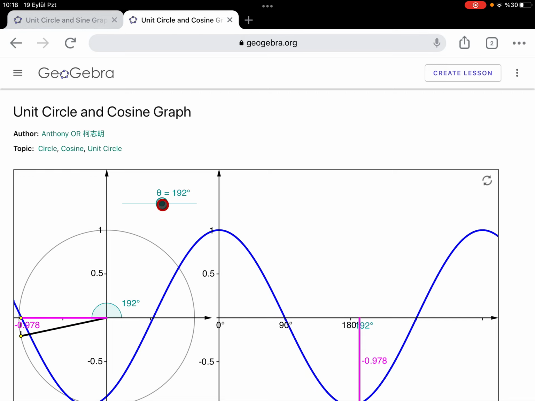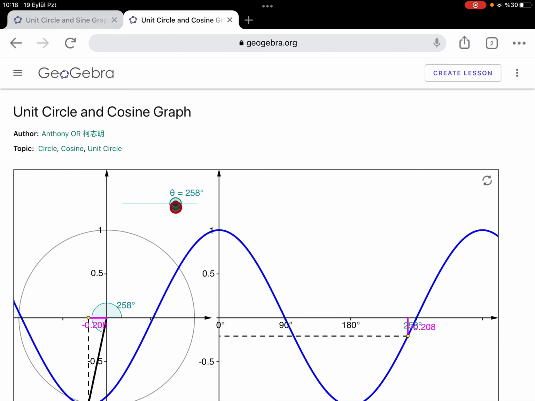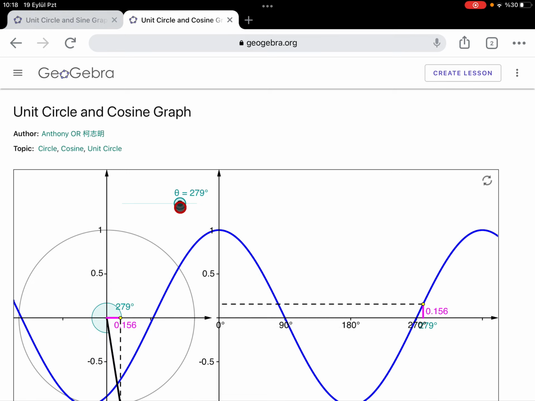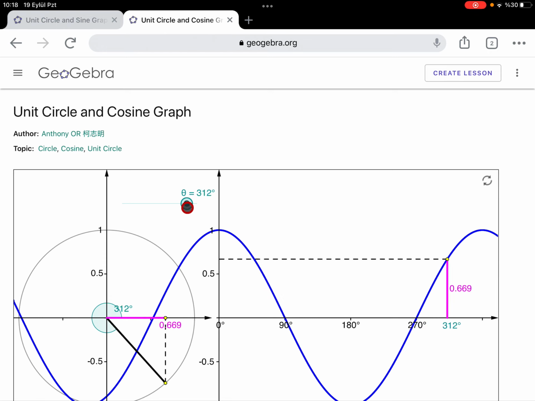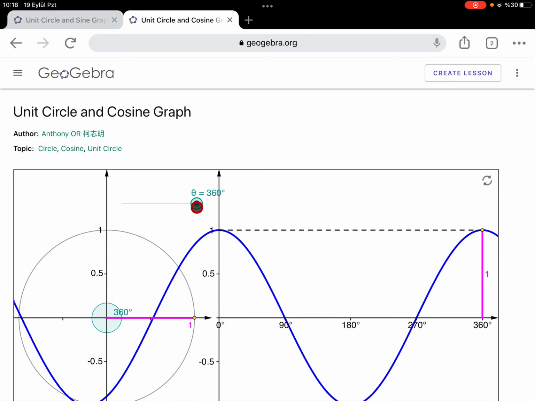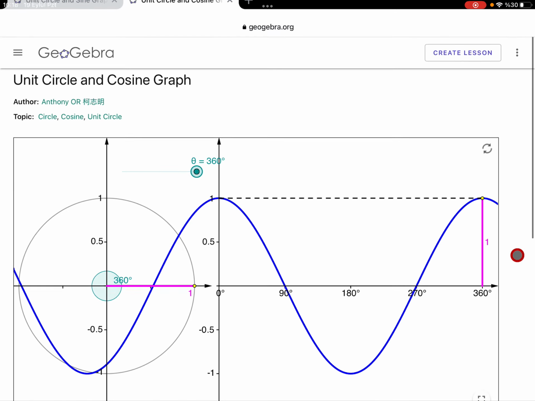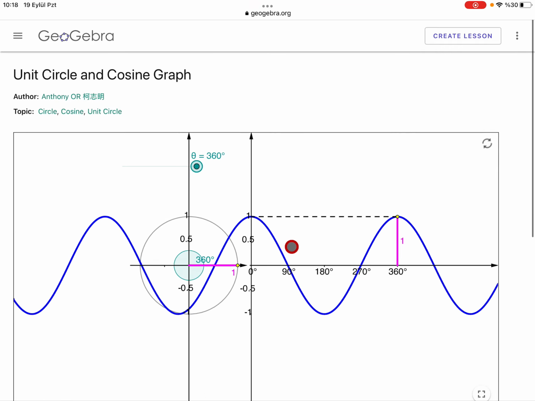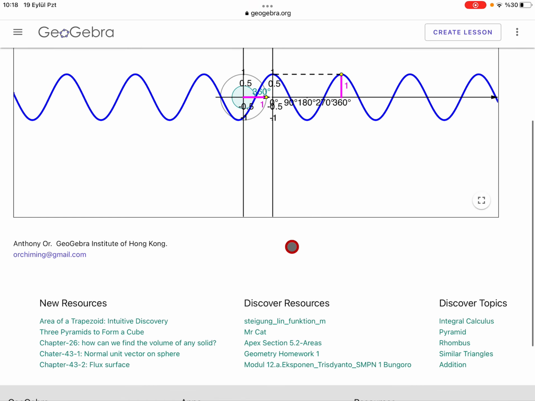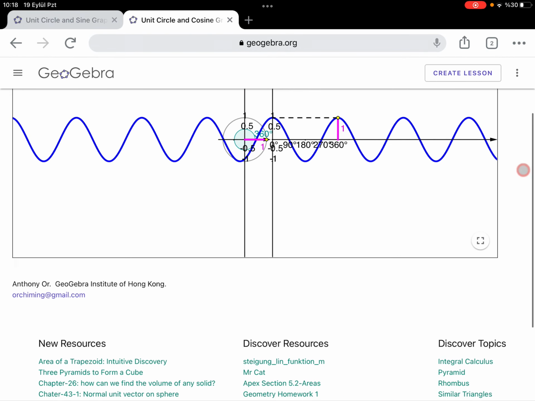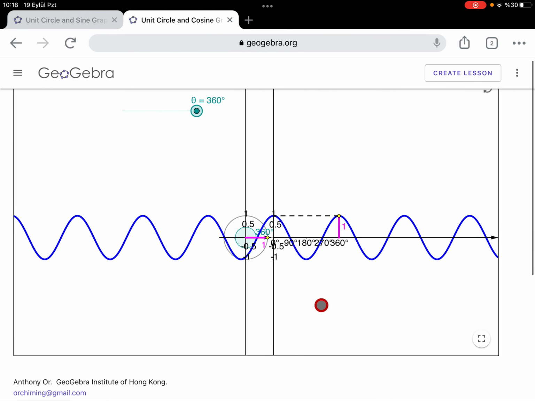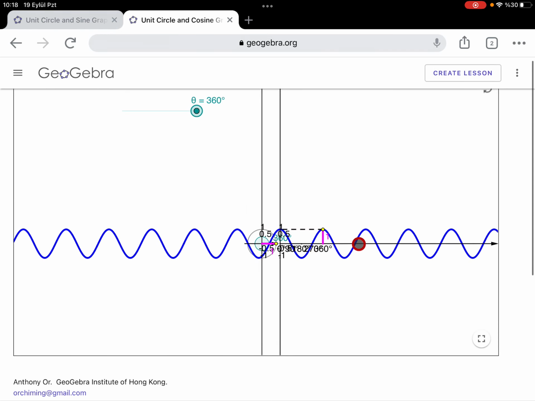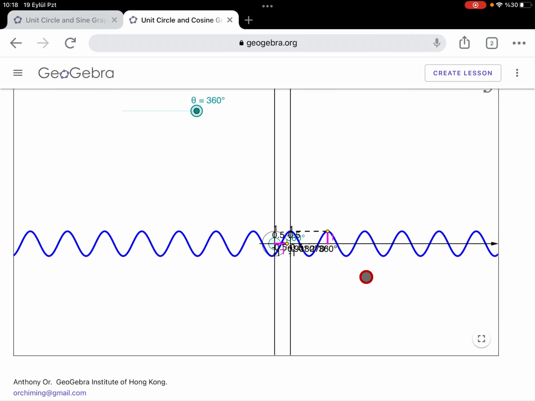The cosine function increases from -1 to 0 when x changes between pi and 3 pi over 2. And when x changes between 3 pi over 2 and 2 pi, cosine increases from 0 to 1. So this is the graph of the cosine x function. And because of the period, again, it repeats itself. So the graph of the cosine x function is this function.